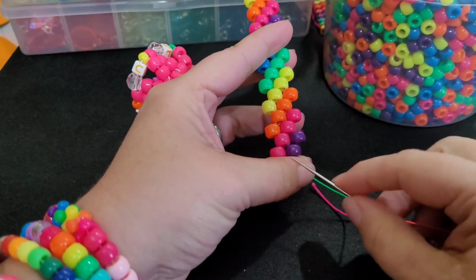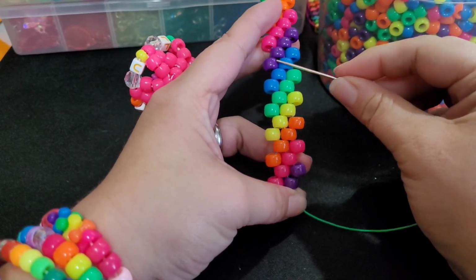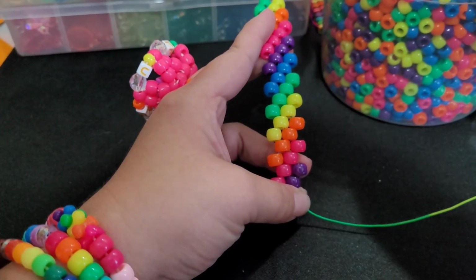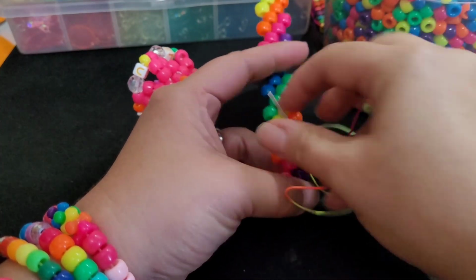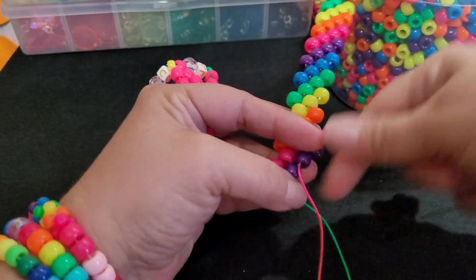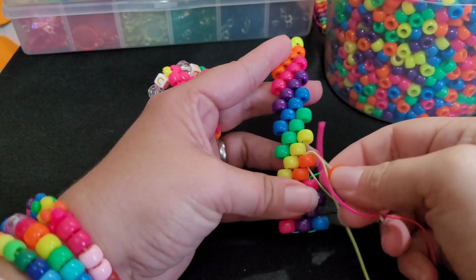Now to figure out what color comes next, you can look up here. This is purple. So what's behind the purple is blue. So you're going to add a blue, purple, you're going to add pink, orange,